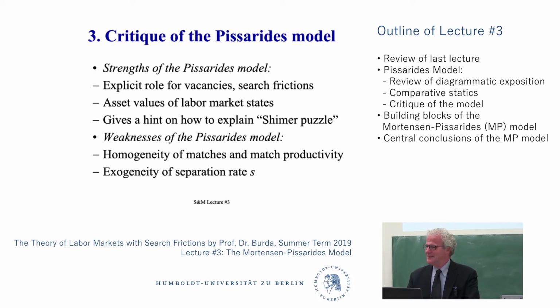You can still set beta close to 0, and that's the way a lot of people attack the Shimer puzzle. They say workers have very little power, so the bargaining set's very small, and that gives us rigid wages for endogenous reasons. Okay, but that's not what I'm looking for. I'm looking for a criticism of the model's assumptions that tie our hands.